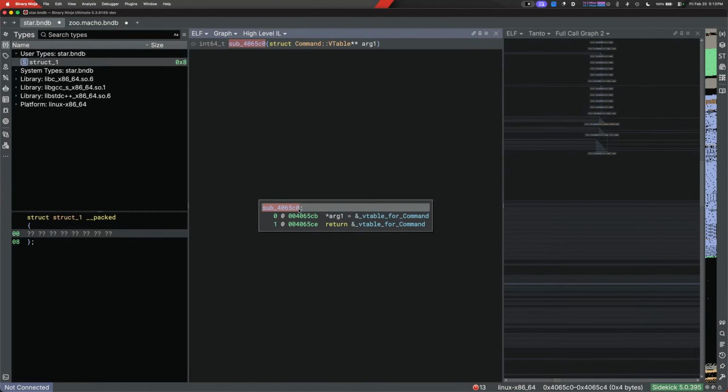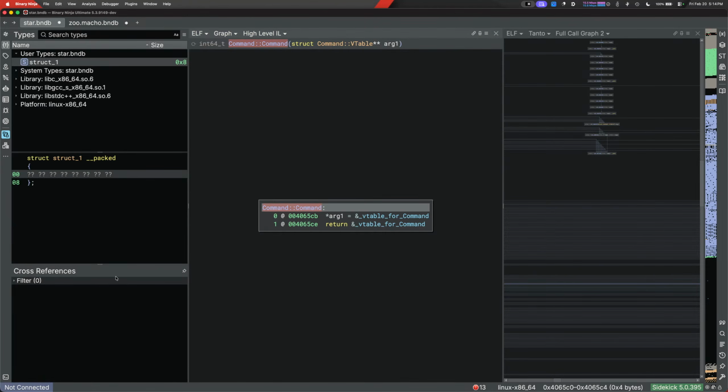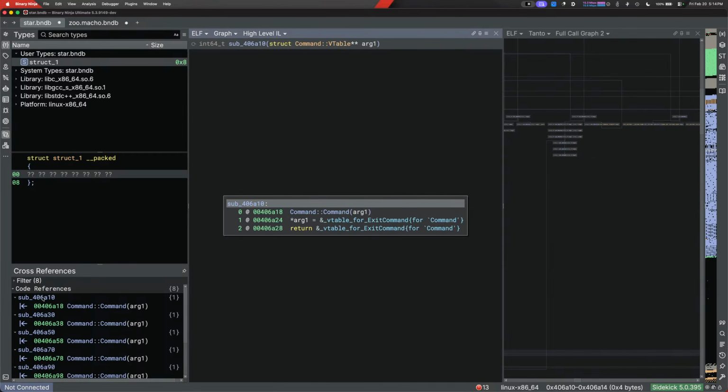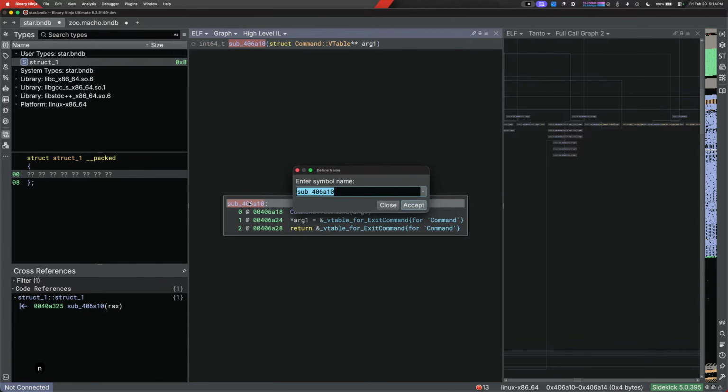So let's call this command, which gets called by a bunch of people. The constructor for exit command,